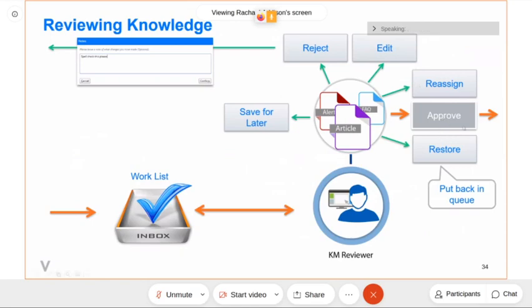And then, as we said, approve would then put this content through the workflow into the manager's work list for the last check of the content. So this is the reviewer and all the options that we have for this role. So once we approve,